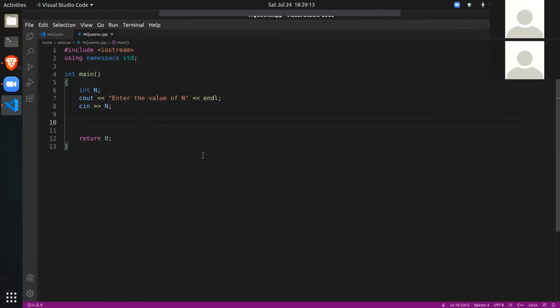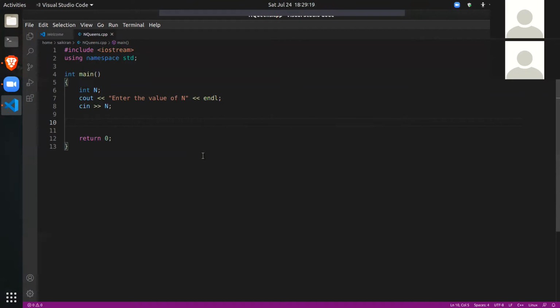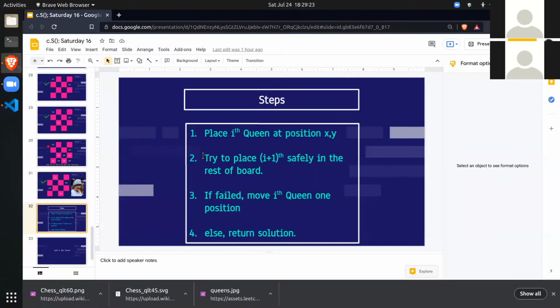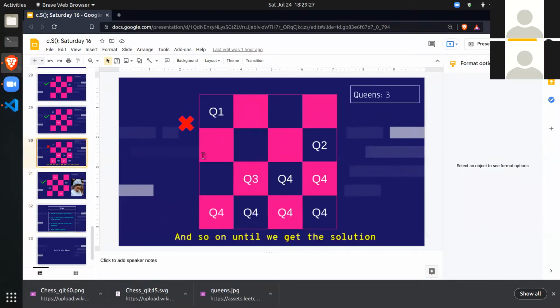I'll tell you how we'll represent the chessboard. What do you think the chessboard should look like? This can be anything. Of course we'll need to use a 2D array, like a matrix, but you can do it like an array of integers, where you can say that an empty cell is 0 and a cell having a queen is 1.